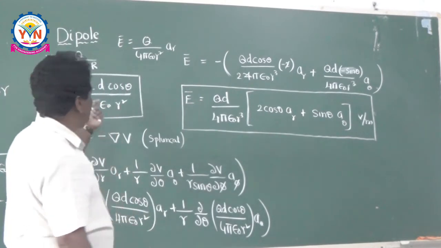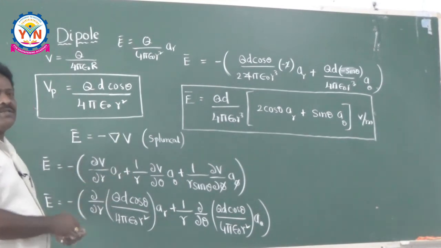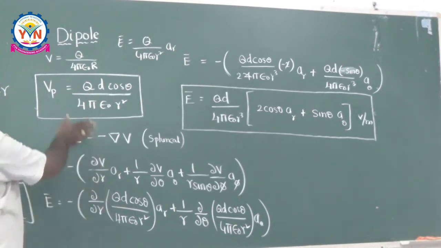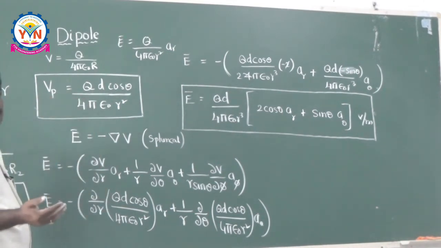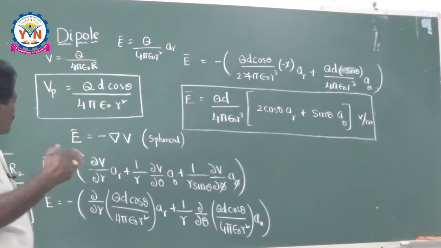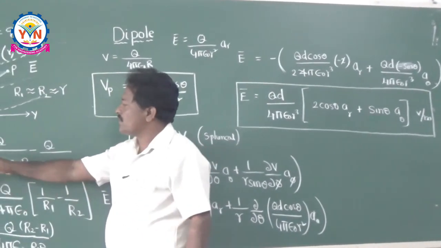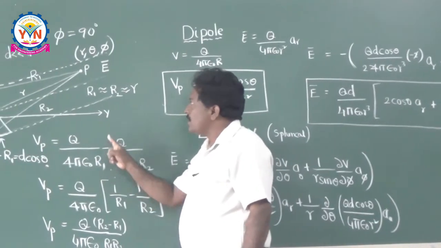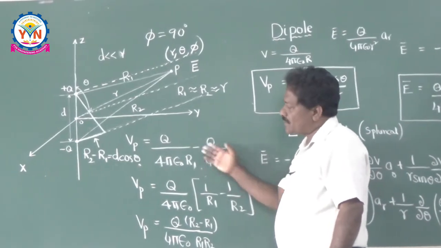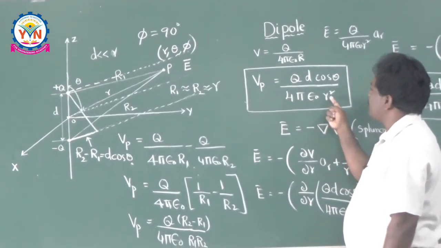But just by seeing these steps, I think there is no need to learn it by heart. You can happily do the derivation. You just have to start your derivation using the concept of the potential of a point charge. Once you know the potential of the point charge, then you know for a dipole there are 2 point charges, one is plus Q, the other one is minus Q. So you write for a plus Q and a minus Q. That's why Vp is equal to Q by 4 pi epsilon naught into R1 minus Q by 4 pi epsilon naught into R2. After simplification, you get the potential Vp is equal to Qd cos theta by 4 pi epsilon naught into R square.